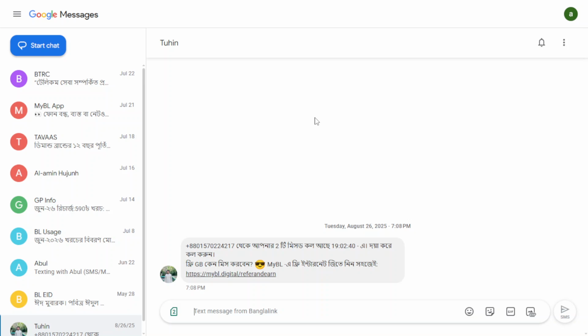Want to send and receive Android text messages from your Mac? In this tutorial, I'll show you how to use Google Messages for web on macOS step by step. We'll connect your phone, set up the web app, and explore the features that let you manage your conversations right